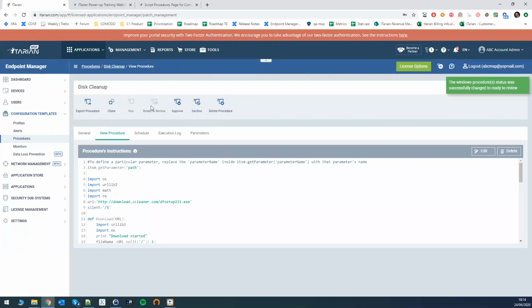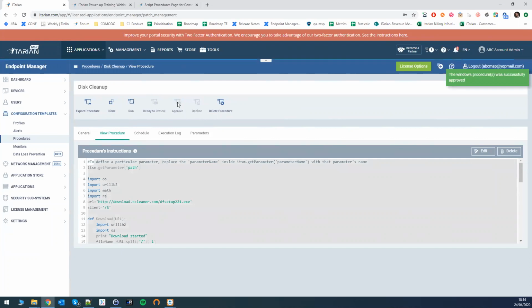When we click to ready to review, another 2 buttons become visible. One of them is approved and one of them is decline. So when the related person validates the script, they can either approve the script or decline the script. Once the script is approved, it is ready to be executed on any device. But if the script is